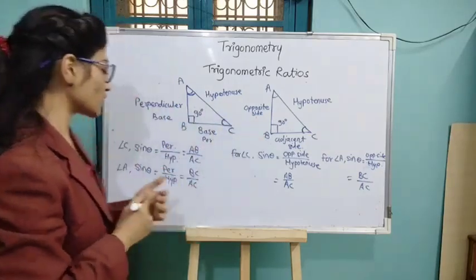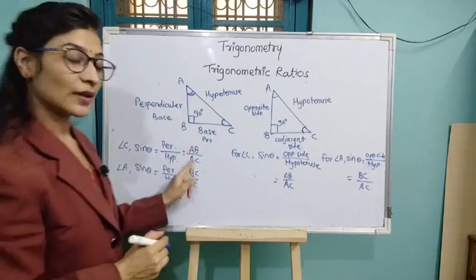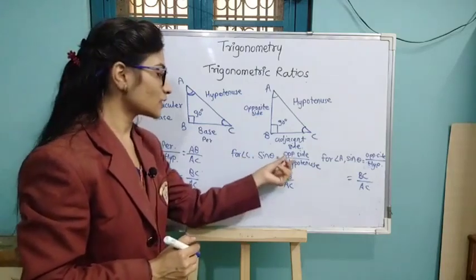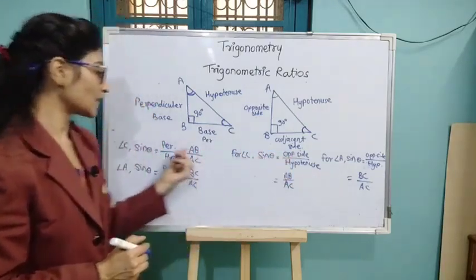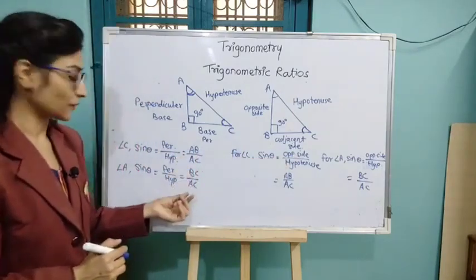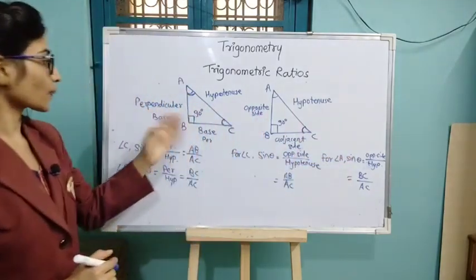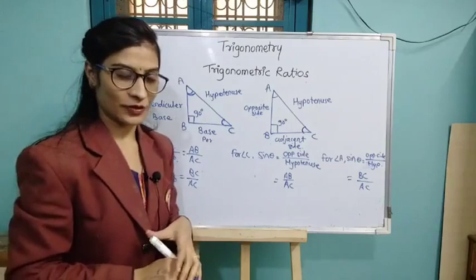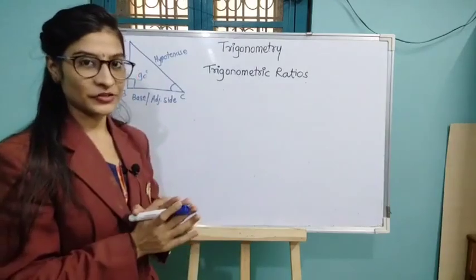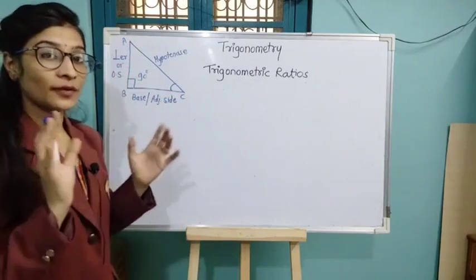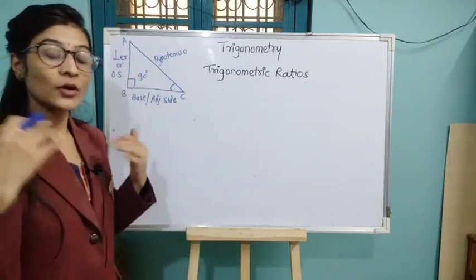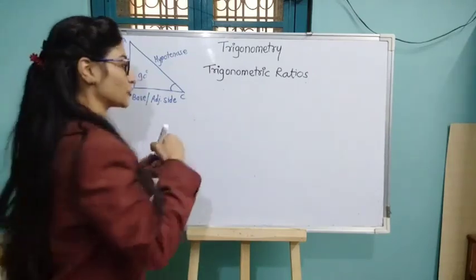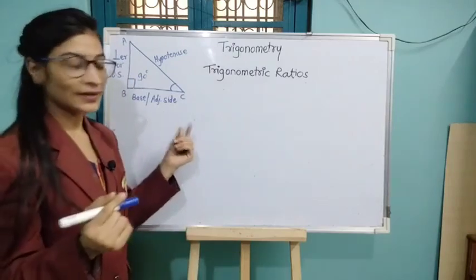Both are the same. You can see sine theta for angle C is AB upon AC, and here also for angle C, sine theta is equal to AB upon AC. Just the terms are different: opposite side is equal to perpendicular and hypotenuse remains as it is. Similarly for base, we take the adjacent side. Just like that we will solve all kinds of trigonometric ratios now. Now we will find out all the trigonometric ratios related to this figure. You now have a better understanding of what is meant by perpendicular, opposite side, base and adjacent side. Now let us talk about trigonometric ratios. Here we will consider only one acute angle, which is angle C.